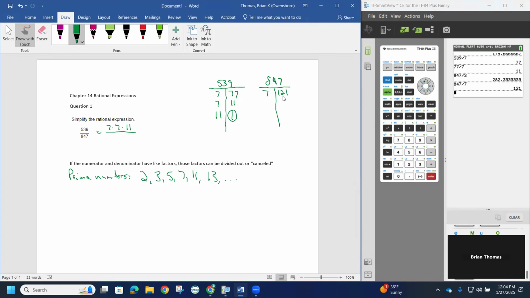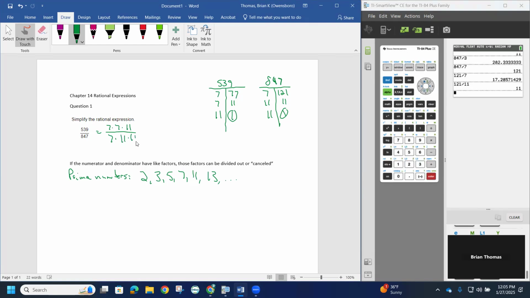So then I recognize that 121 as well. Looks like that's where the 11 is going to come into play. Because I know 7 is probably not going to work. 121 divided by 7, no. But I do feel like 121 is a perfect square. So if I divide that by an 11, it should give me an 11. So notice that 11 does go into 121 11 times, and then we do know that 11 goes into 11 one time. So again, the prime factorization, or the factorization, if you will, of 847 would be 7 times 11